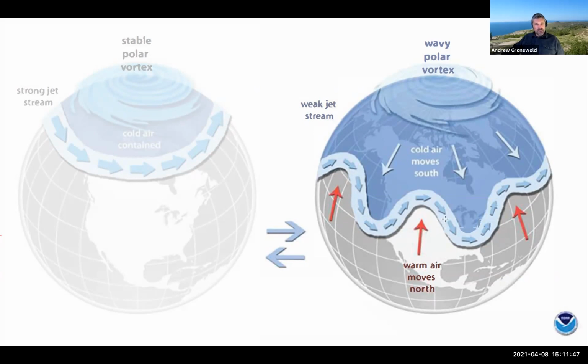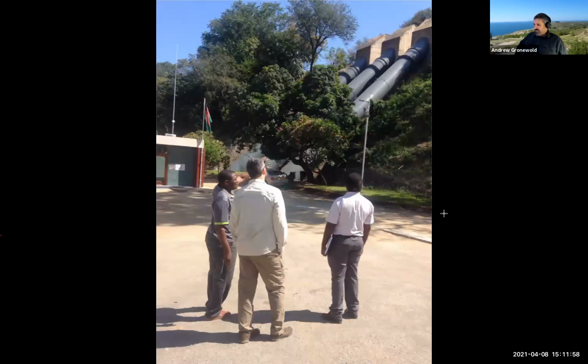Do we have the ability to understand when an Arctic polar vortex or some other phenomenon like this might occur? And to what extent does it affect water level variability in the future? And then finally, I want to finish off with this idea that we are looking to extend our research more